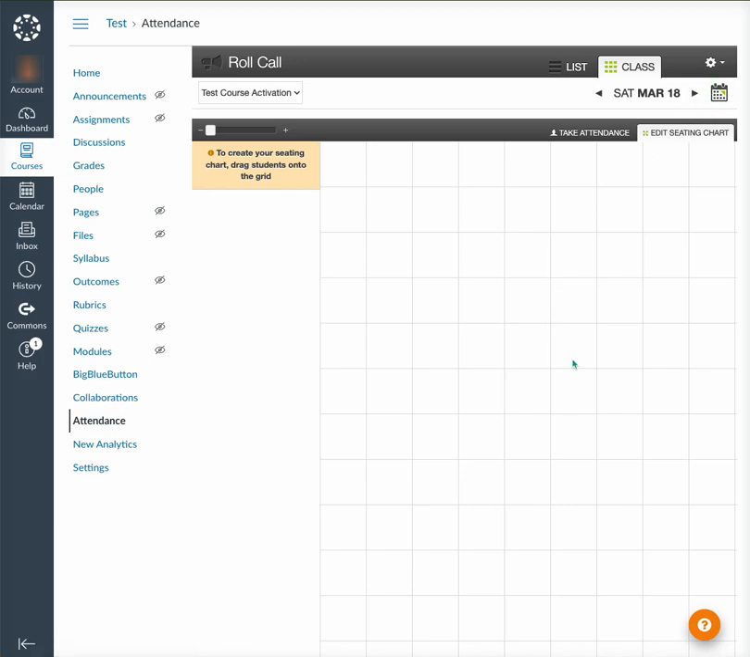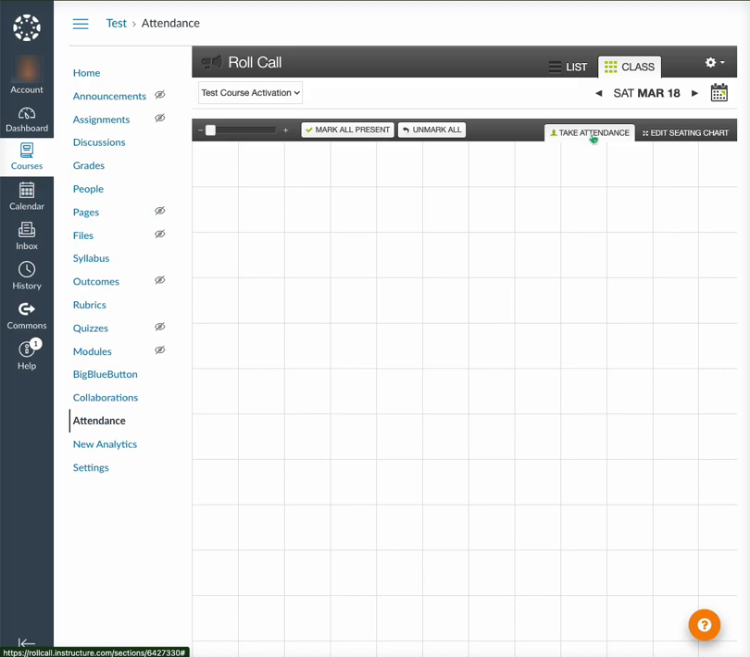And that is about it for the attendance tool. It is very user friendly, and it's actually, the seating chart view is kind of fun. So I hope that helped looking at the Canvas